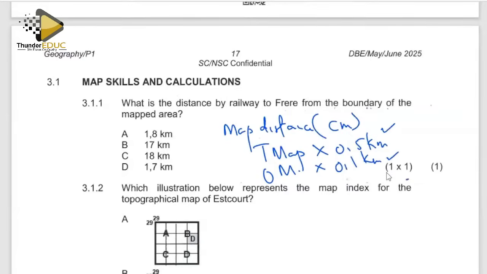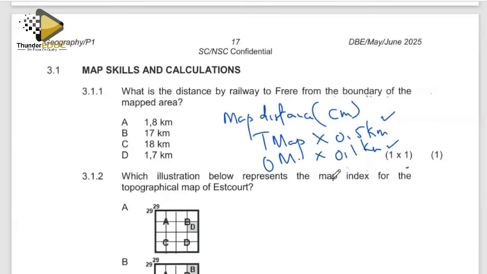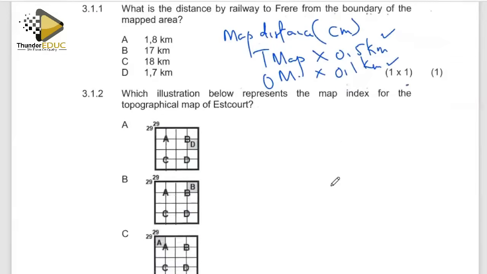Or you can also use the line scale of the map. For example, if you don't have a ruler, you can use a straight-edged paper. You check the distance on the map and then you transpose it to the line scale to check the distance on the actual ground. Right, the next question is: which illustration below represents the map index for the topographical map